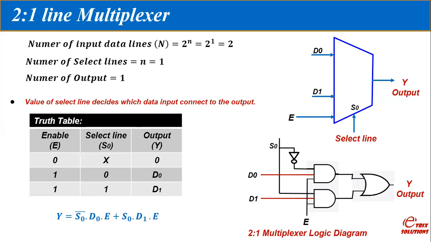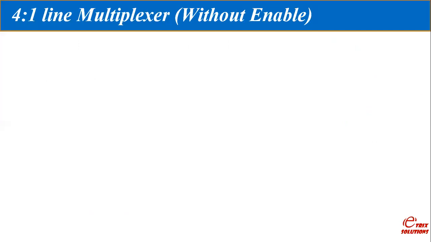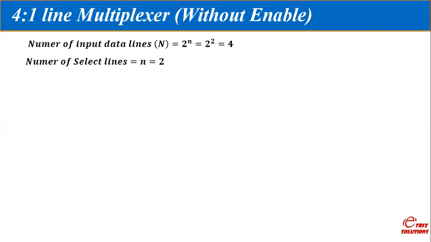and in this way we can design any of the multiplexer. Let us quickly discuss the designing of a 4 to 1 line multiplexer, and here I am going to take the example of a without enable multiplexer. Means enable signal is not used in most of the cases. The enable signal is not considered. In special cases, enable signal will be used. So 4 to 1 line multiplexer means 4 inputs, that means 2 to the power 2. Therefore, the selection lines will be 2 and the output is 1.